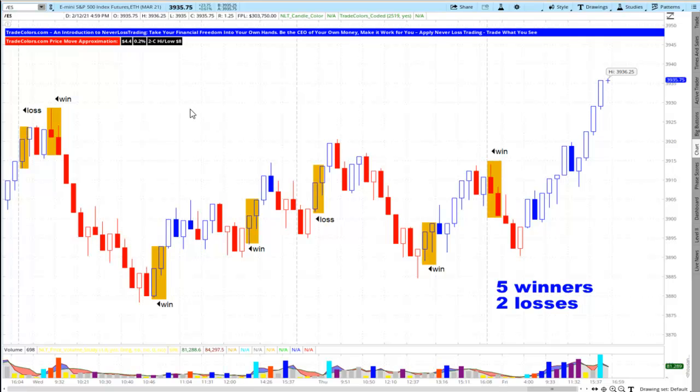This chart is now showing you the same time period compared for the ES, the E-mini S&P 500 futures contract, and you see 5 winning trades, 2 losing trades here in that frame. Here, 2 of a kind, 2 blue, and then we trade here for 4.4 points, so we trade for a little less distance, and we trade less frequently. Yeah, less frequent, less distance, but still on a high probability system. Most likely you will operate on a smaller distance with a lower probability system, and then return cannot be calculated because most likely it'll not be produced, because 76% of the retail traders, unfortunately, in particular those focusing on shorter term trading, are losing money, so paying the market instead of paying for knowledge.